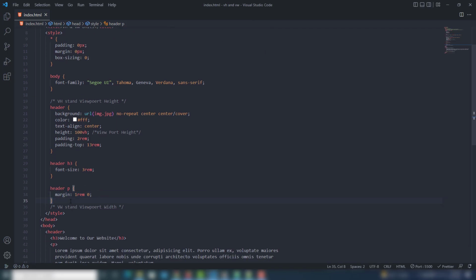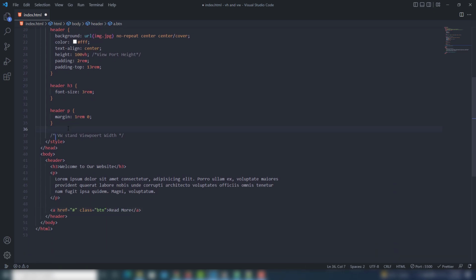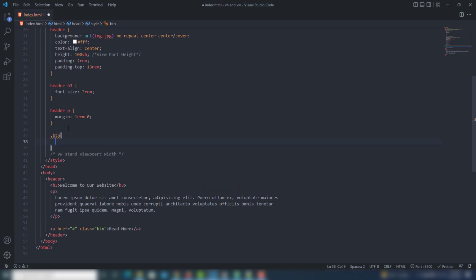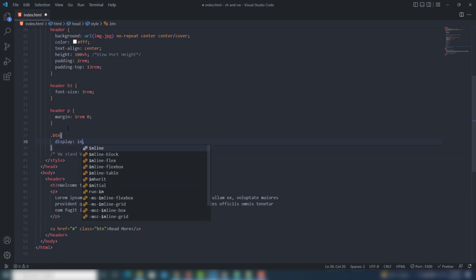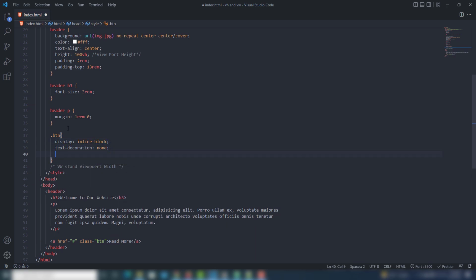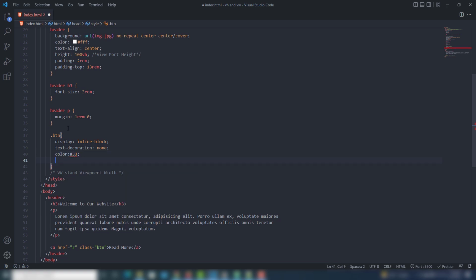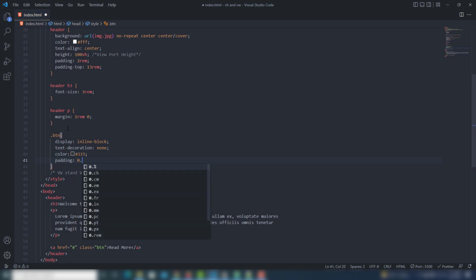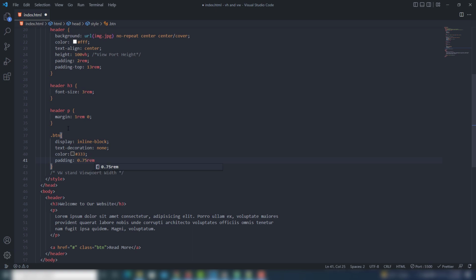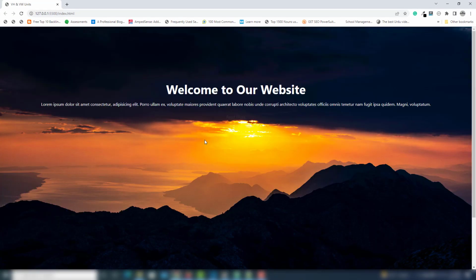Then I'm going to add this one class, and I write display inline-block. I will make a button, text-decoration will be none, and I'm going to use color white, not white, dark, and padding will be 0.75 rem top and bottom, 2 rem left and right. So save, let's see. Right,